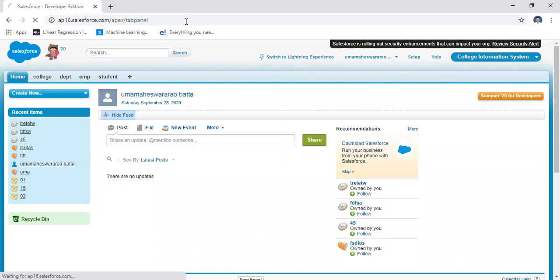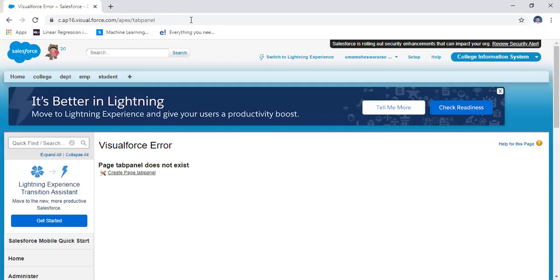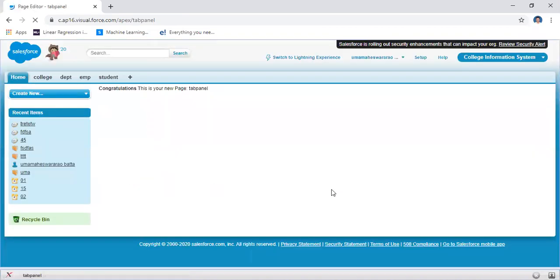Execute this. Here we are creating a new page. The page tabpanel does not exist, that means you will create the new page. If you create the new page, the page appears like this. Here this is the page.